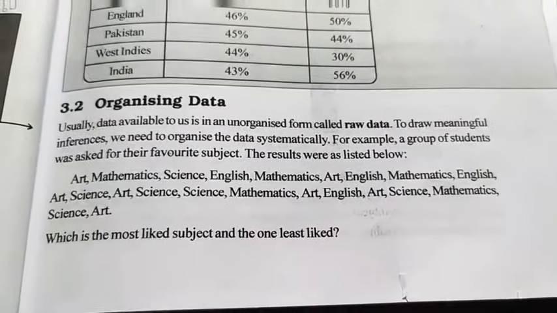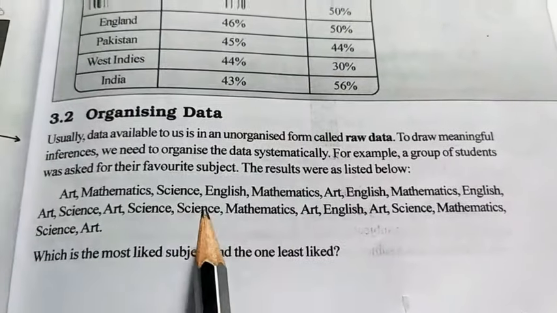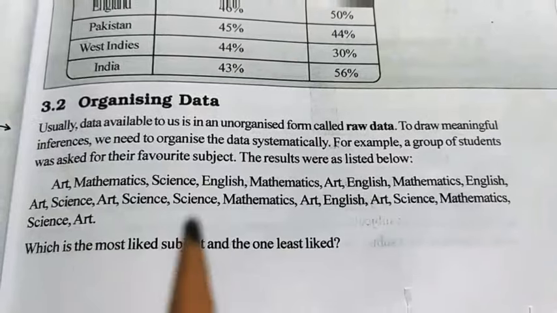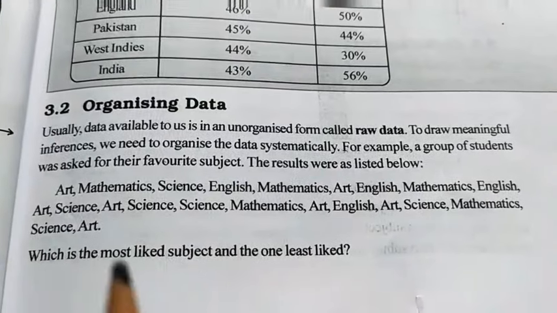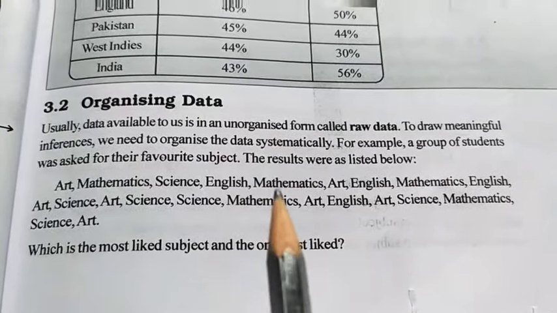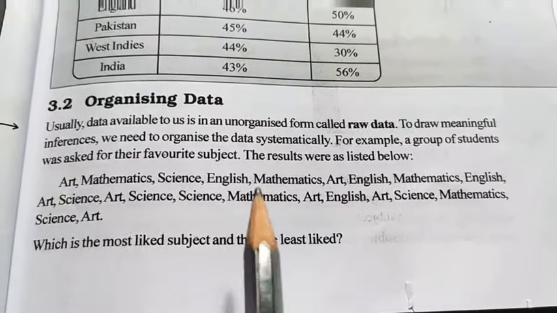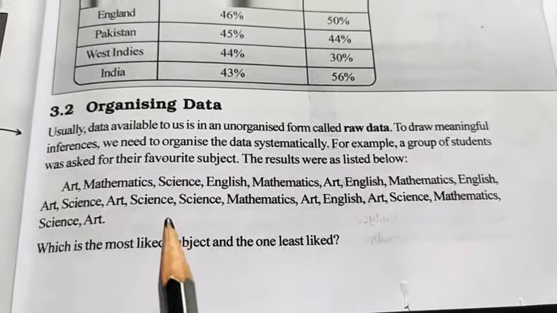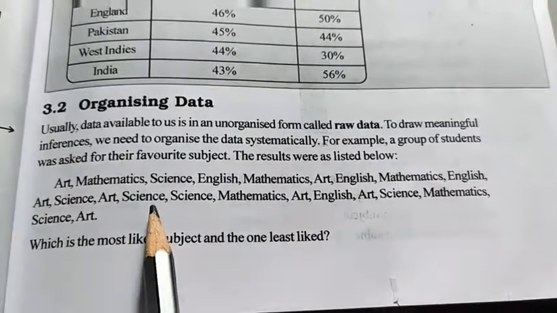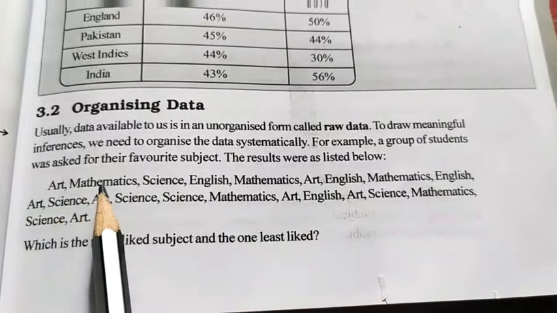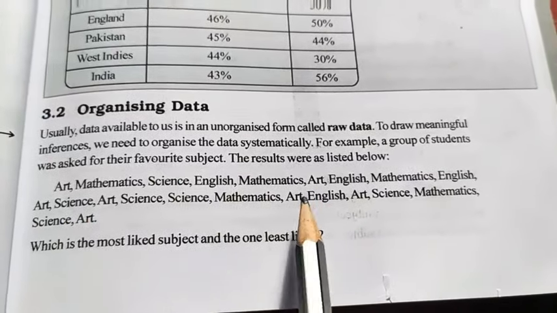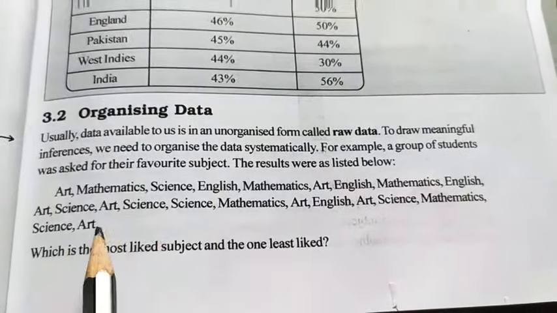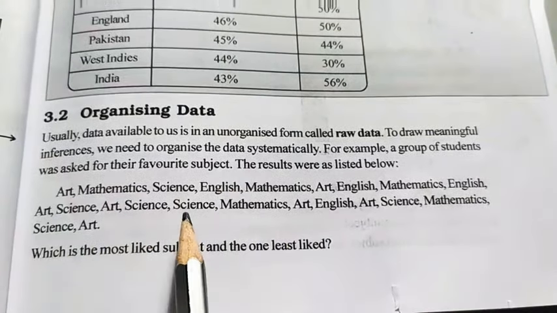So you may first collect the data as usual. Okay, it is not in the proper format. For that you have to make the format like this. You have to write the like terms, or you can say the same things, on one side and the same things on another side. So here they have given one table about art, math, science and English subjects, the most liked subjects of the students, but they are shuffled, not in the proper manner.